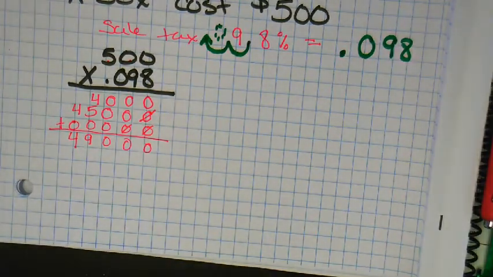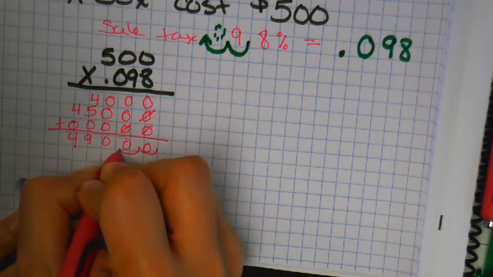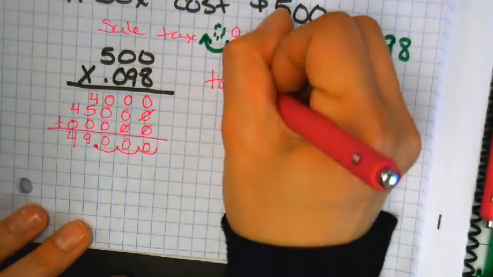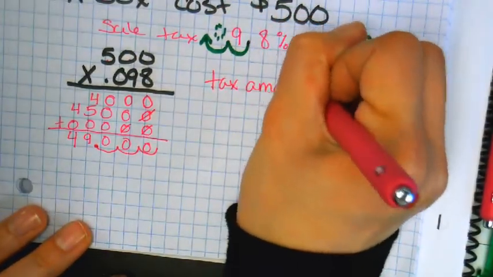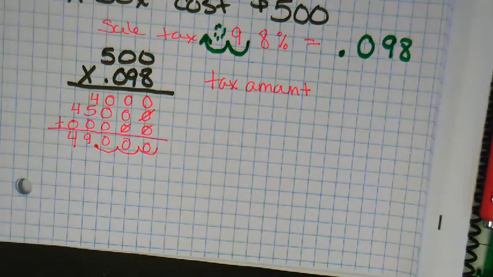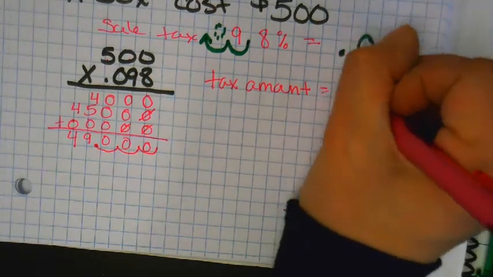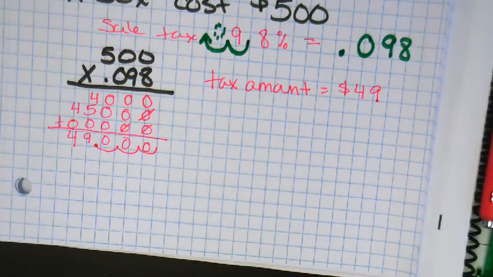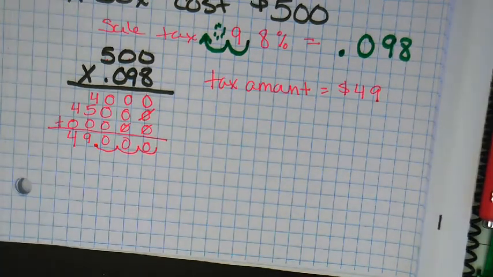How many times do you move your decimal? 1, 2, 3. What's my tax amount? 490. How much is my tax amount? $49. Do I need all these zeros? No, it's just $49. So you're gonna pay an additional $50